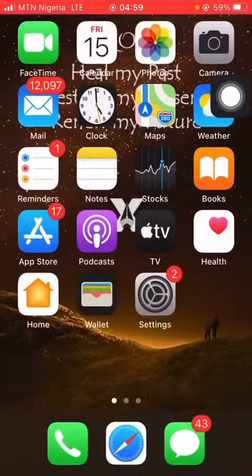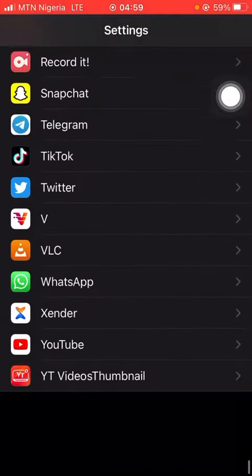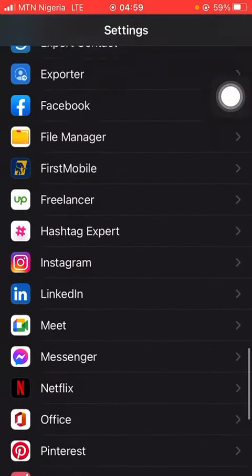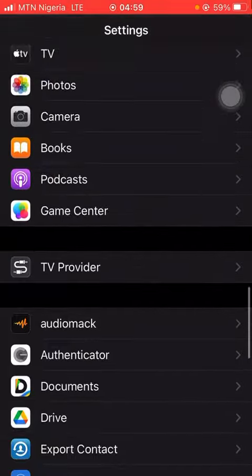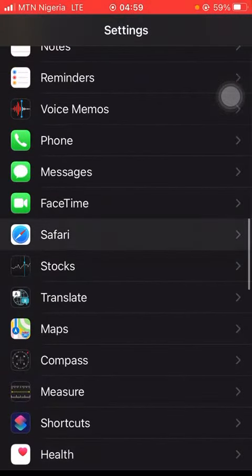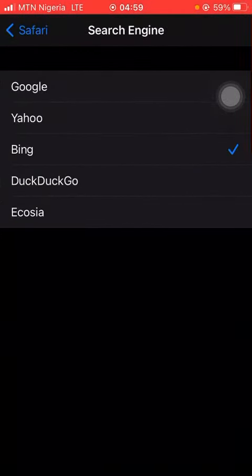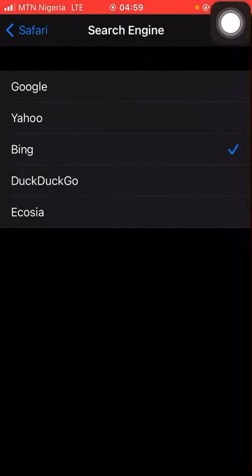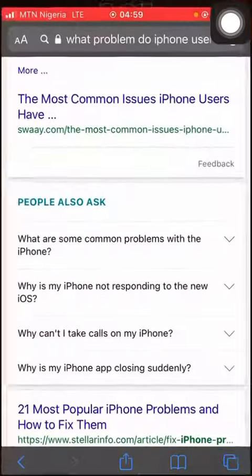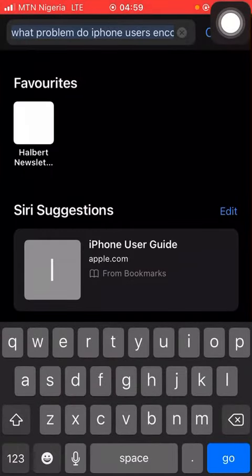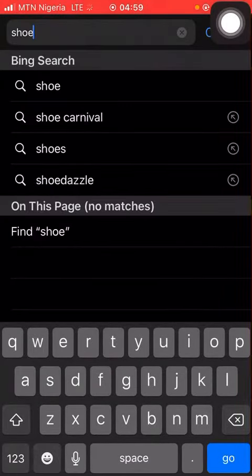But first, before I do that, let me go to my settings, especially for those using iPhone. I'll come to my browser, my Safari, and I'll change my search engine to Bing. Remove it from Google, take it to Bing. Then when I'm done, I'll come to here. Whatever I search, I just search for like shoe PNG,